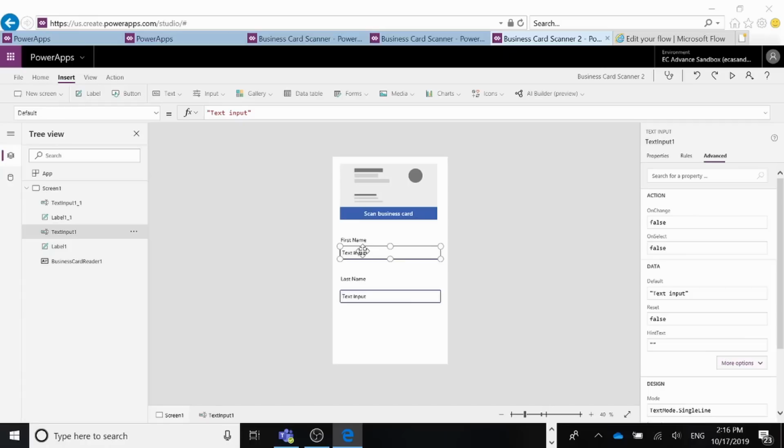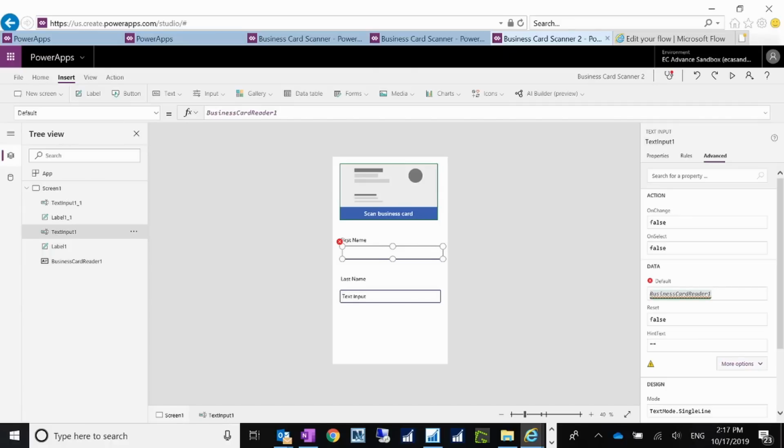In order to map this to your CRM, you have to click on the Advanced tab and change this default. For the default, you have to map it to the field in your CRM. What this business card reader does is create some mappings. And in order to map it to your CRM,